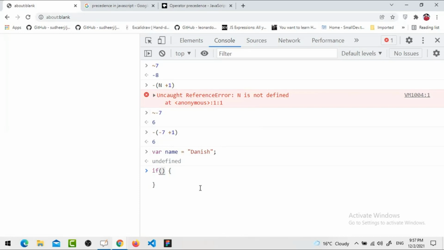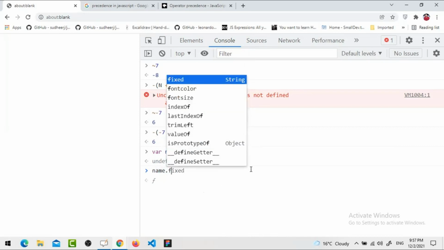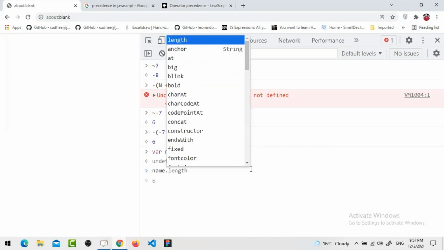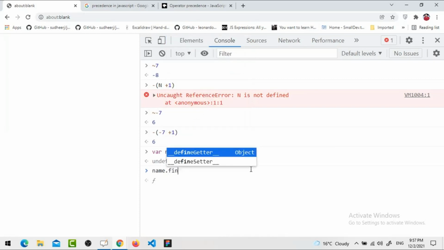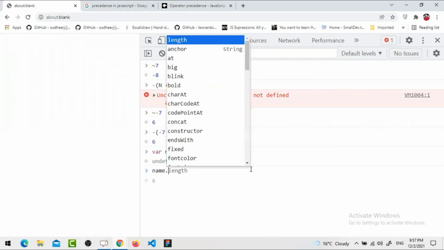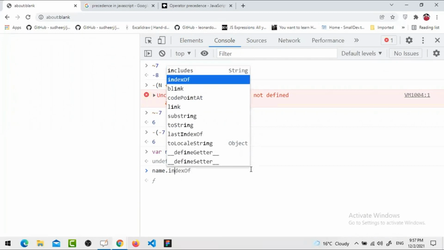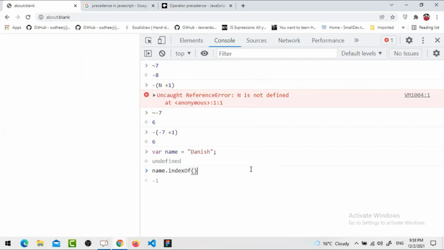So this is one expression here. It will take just one expression, but before that I'm going to show you here name dot find index of, let's say if you are searching for something which is not inside that, it will return you